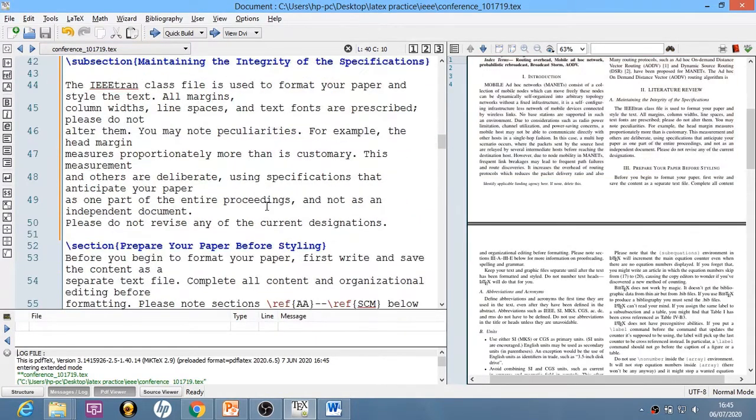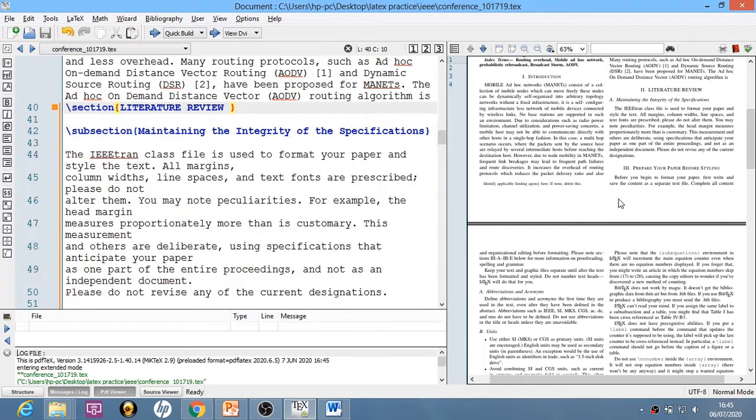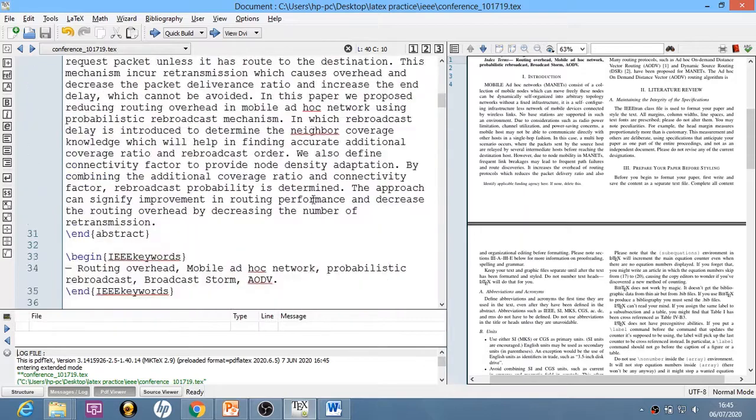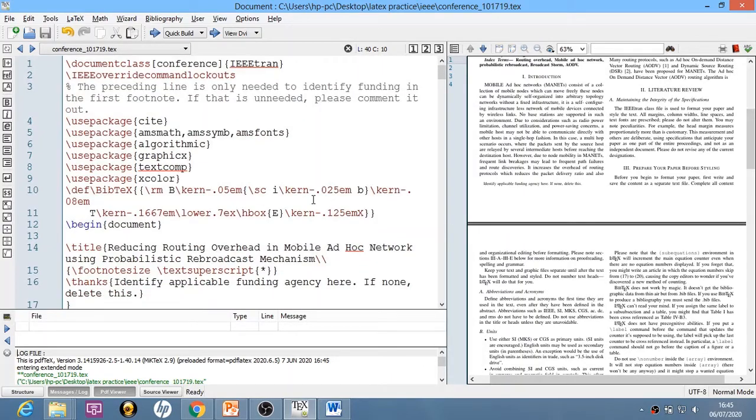Okay, so this way you will go on adding the data. Yes, so remember that writing a paper is much easier because the template will be provided to you by the journal. So you don't need to design the template or write any preamble into it. You just need to add content to that template and your work will be done.